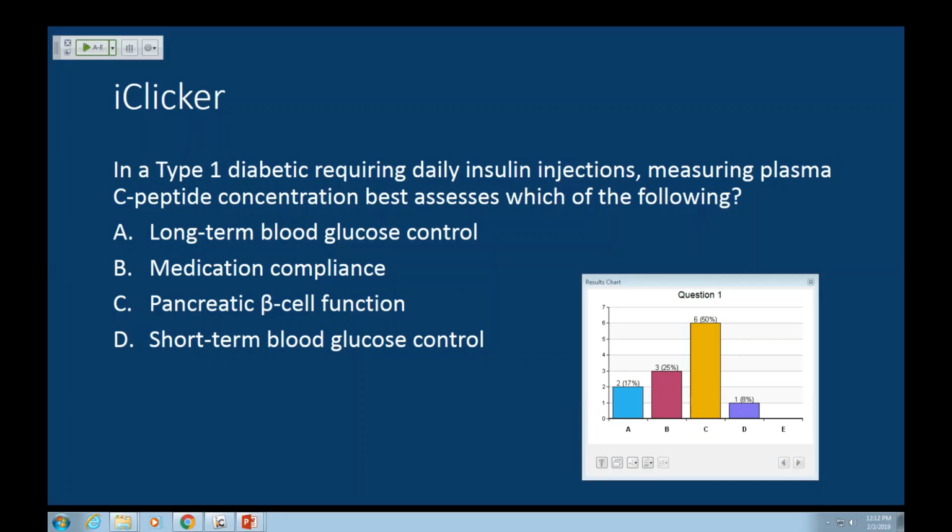What that's good for in a diabetic is measuring their intrinsic pancreatic beta cell function and their endogenous insulin production. We can't simply measure insulin in a diabetic patient because we're giving them insulin every day. So we won't be able to tell what we're giving them versus what we're making. But since we have this C-peptide, which is going to be secreted from the beta cells in the same amounts that insulin is secreted, we can measure C-peptide to give us an estimation of how well their pancreas is still functioning.